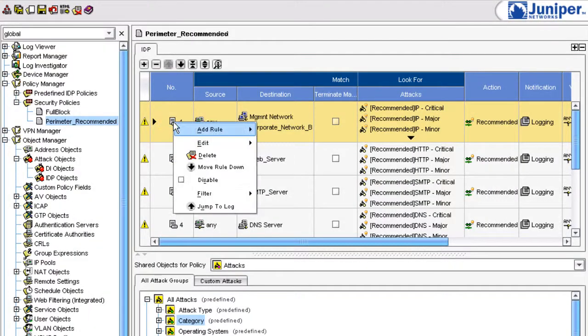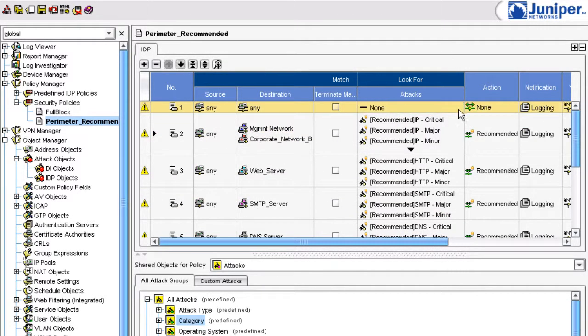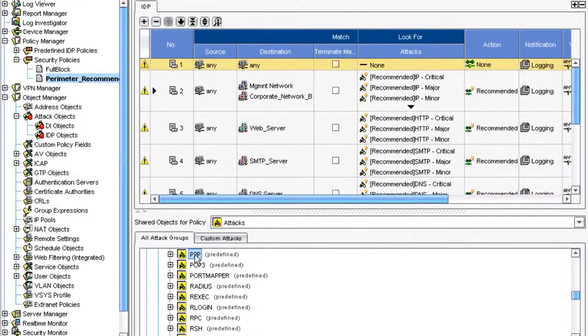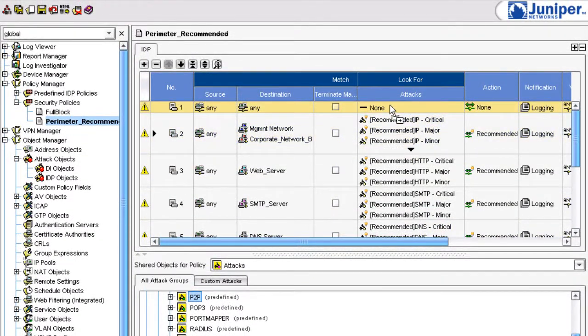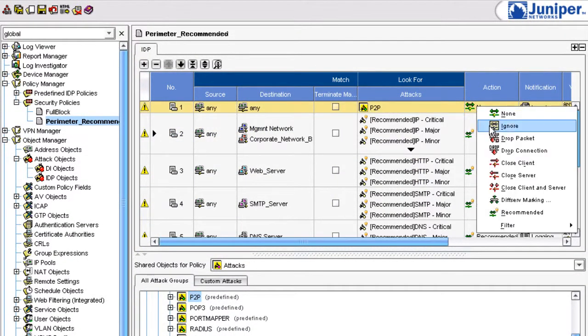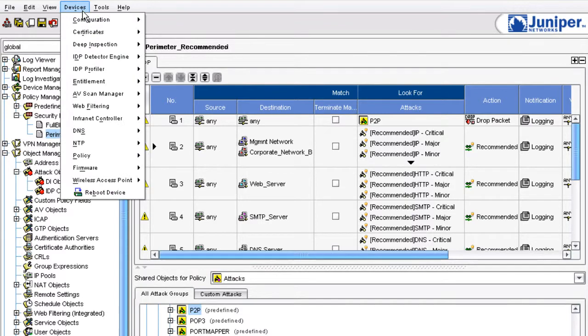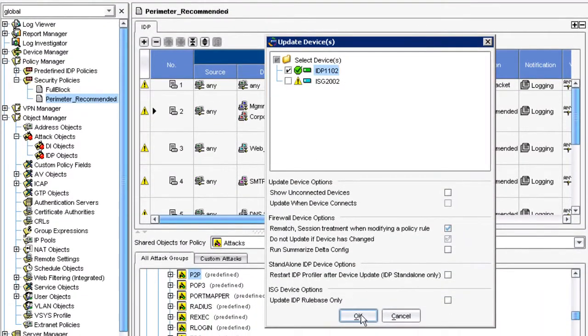You remember the other day when you showed me how tedious the task was to configure for Kazaa? Yeah. Well, check this out. Let's do the same thing you showed me the other day. I have this perimeter recommended policy. As part of the predefined signatures, categorized through various groups, I can select the P2P group or individual signatures. Let me show you. All you do is select attacks, attack group category P2P, add, action, drop packet, save, update config.